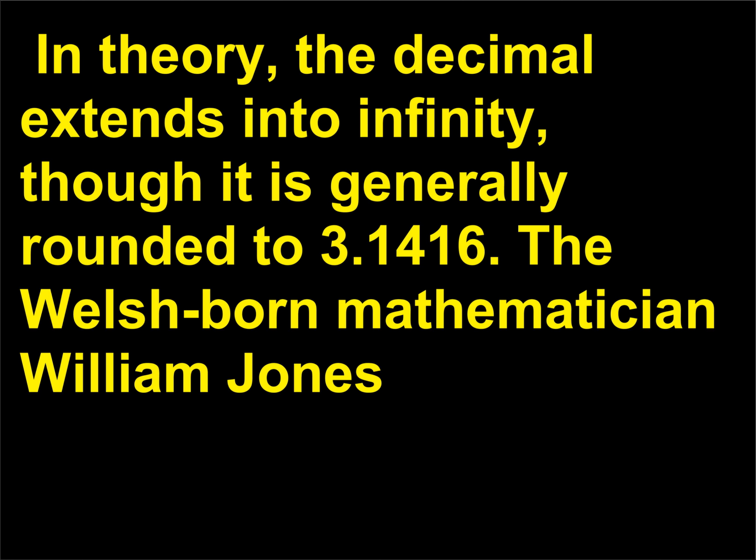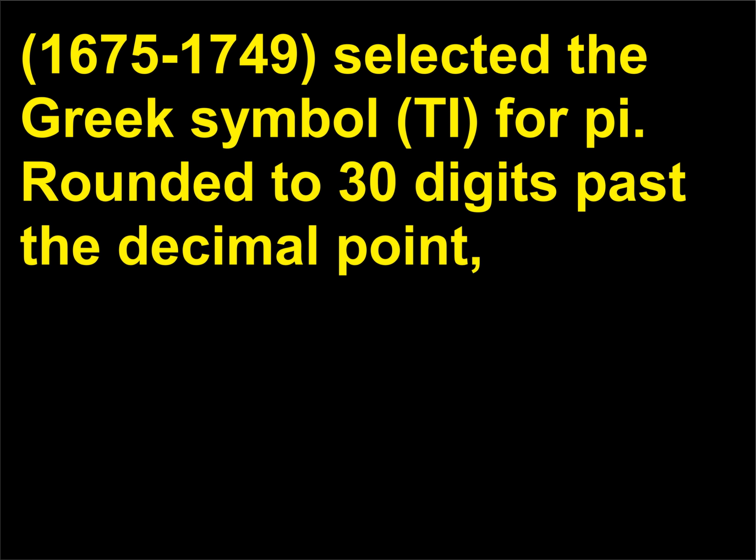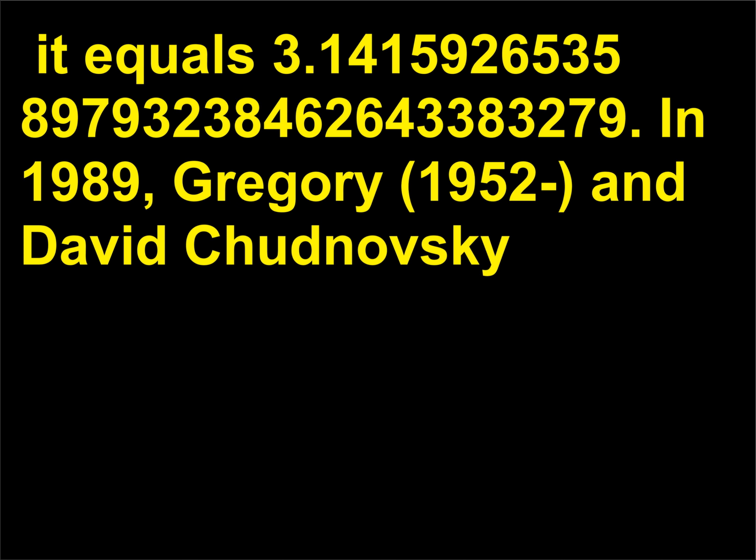In theory, the decimal extends into infinity, though it is generally rounded to 3.1416. The Welsh-born mathematician William Jones, 1675 to 1749, selected the Greek symbol π for pi. Rounded to 30 digits past the decimal point, it equals 3.1415926535897932384626433833279. In 1989, Gregory Chudnovsky, born 1952, and David Chudnovsky, born 1947,